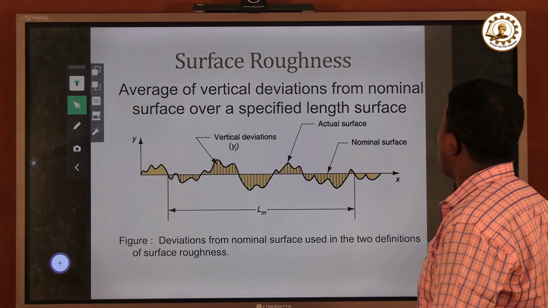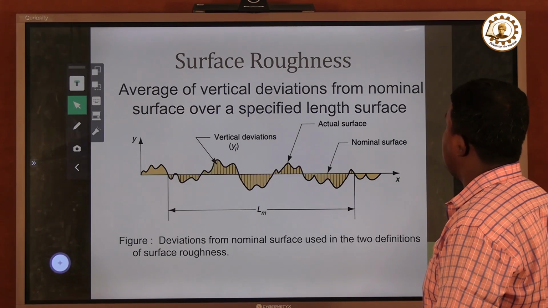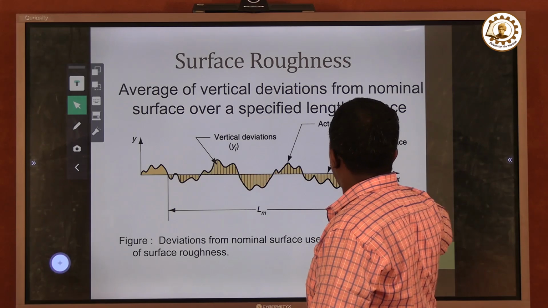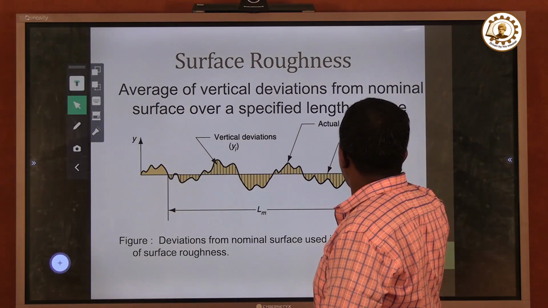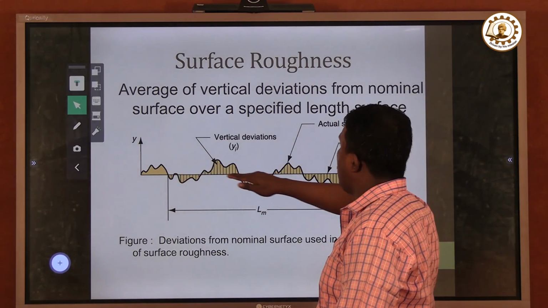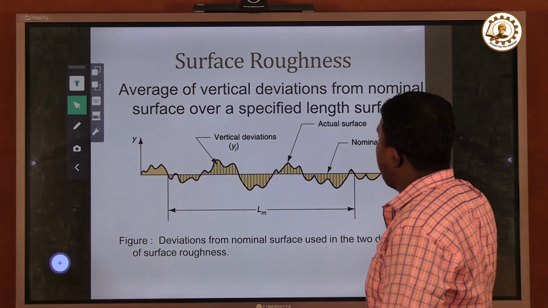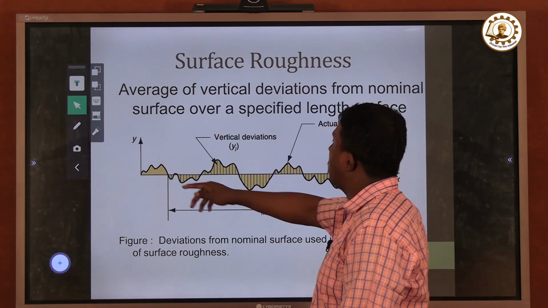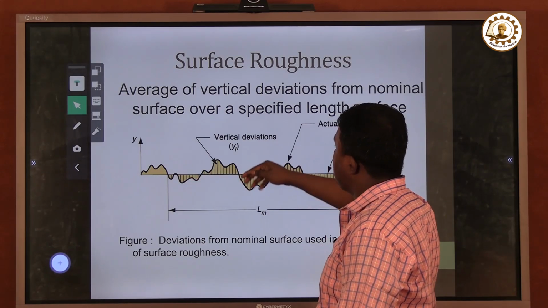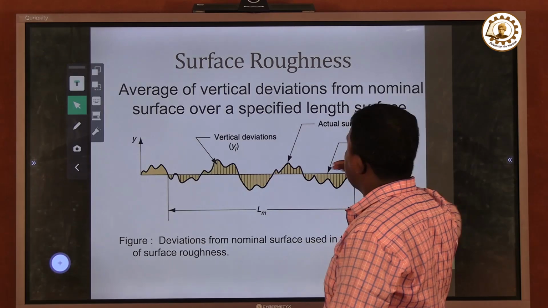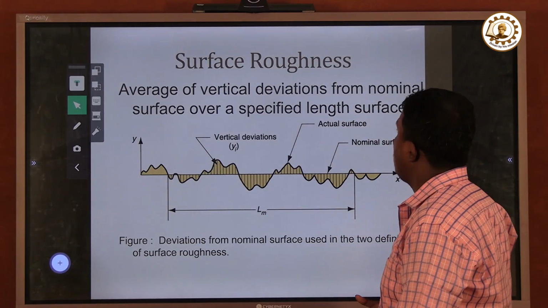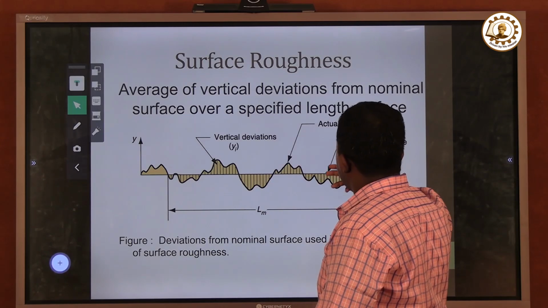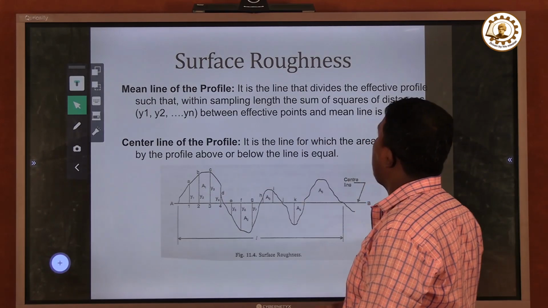So if you look at this particular picture, you will see these are the vertical deviations from the mean line, and this is the nominal surface. As I already said, the nominal surface must be a straight line, and when you are looking at the magnified images, you see the actual surface getting deviated from the nominal surface. This is the roughness. So these are the vertical deviations, this is the actual surface, and when you are calculating,